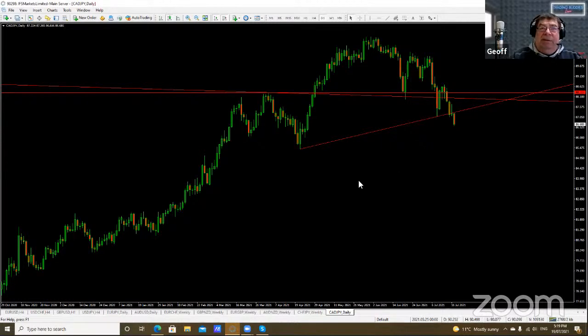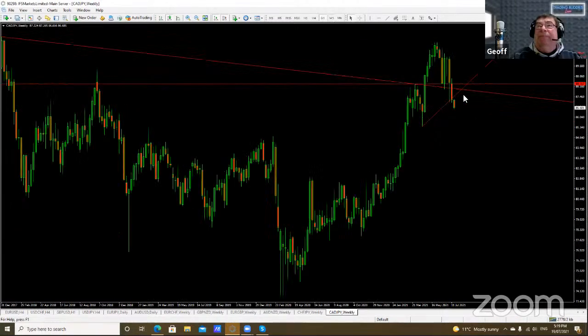Retest there looks interesting, I suppose. But yeah, the weekly's telling me it's good to go. I'd like to see it come back to there, and that's your right shoulder there, I suppose. But here's your right shoulder. Anywhere here is good, I guess. Looking at that, where you would have entered,